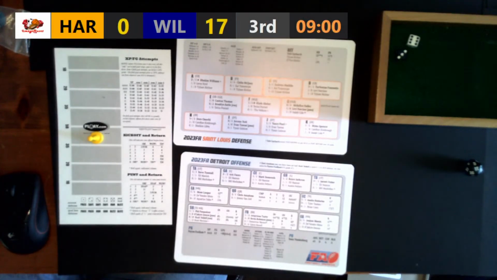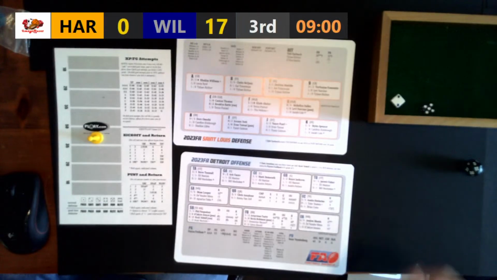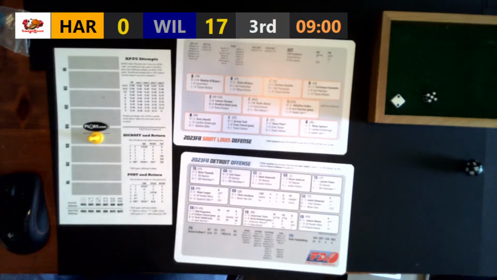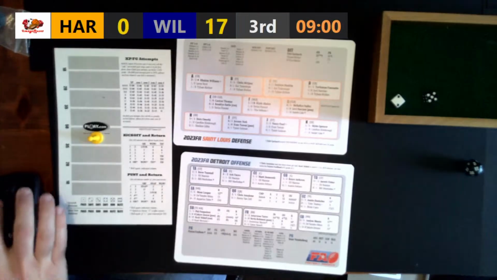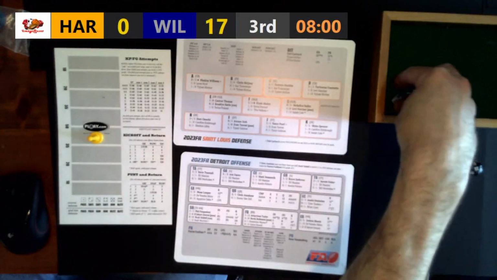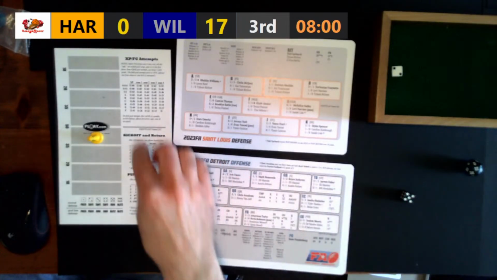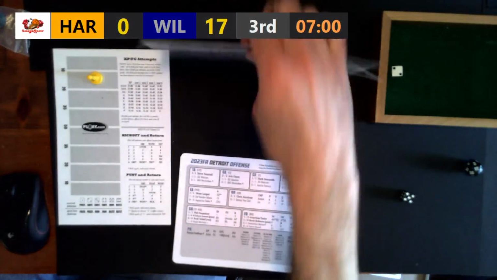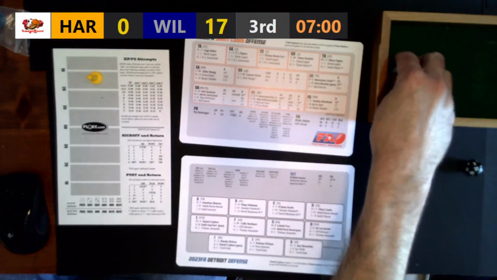And they're going to do a run sequence again against a blitz defense from Harrisburg. 52. At least one D lineman rated a run 0. Nope, not in this particular instance. So the defender will shed a block. And Harrisburg will get the ball back. Here comes the punt. 3 zones there. And Harrisburg will take over. 7 minutes remaining, third quarter. Harrisburg down by 17.